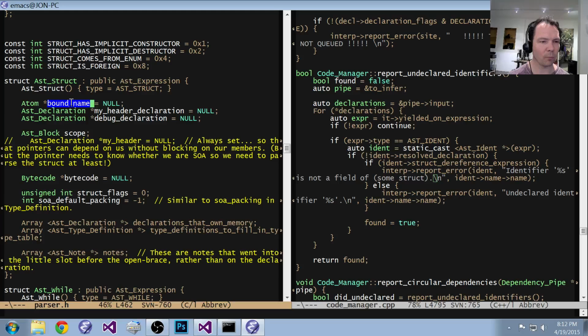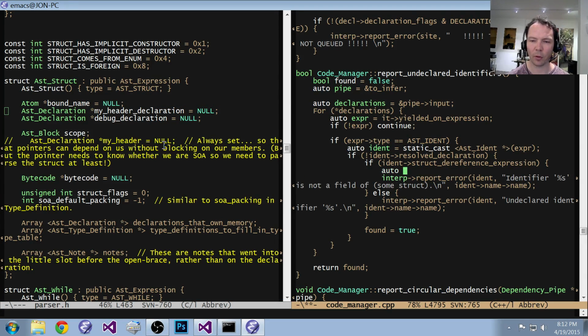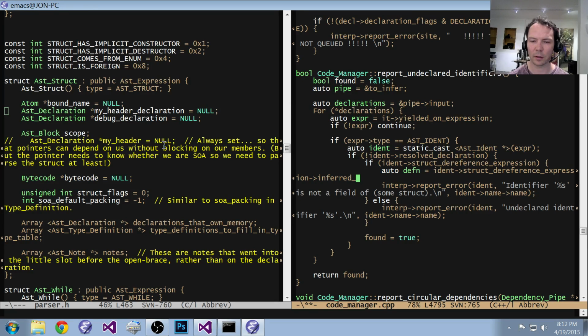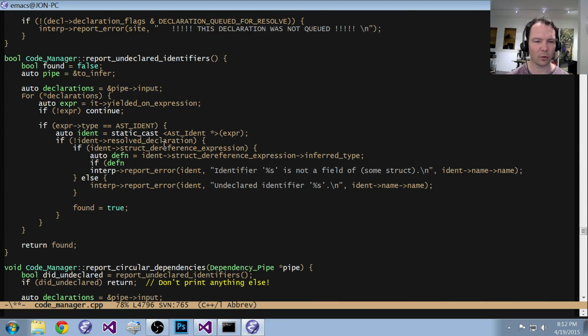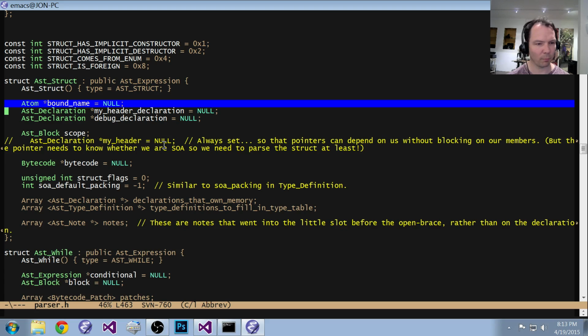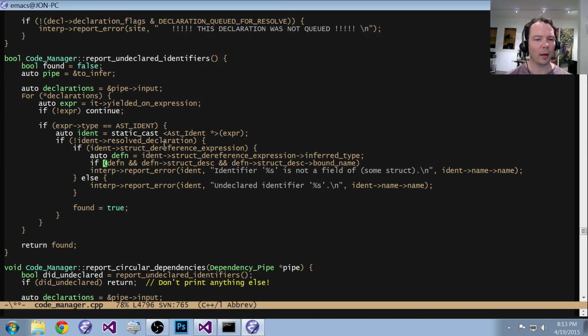And bound name will be set to the name if that ever happens. So I'm going to say some type definition is the inferred type, and, well, that sure better exist, but if that exists and it's a struct description and bound name, if all that is true,